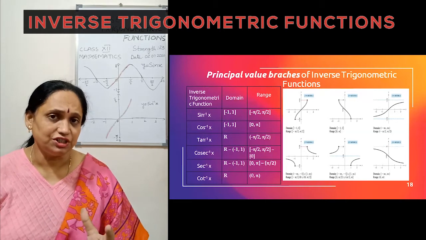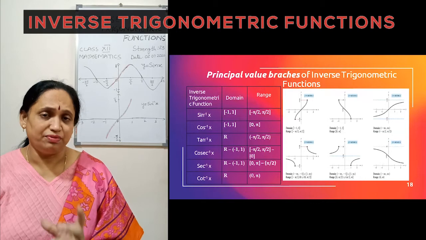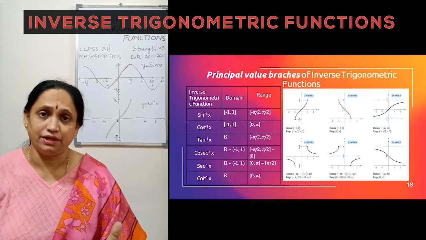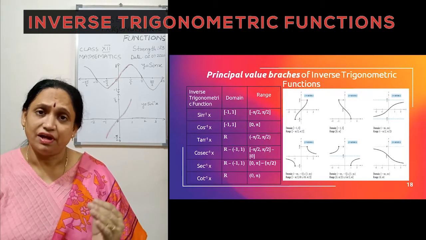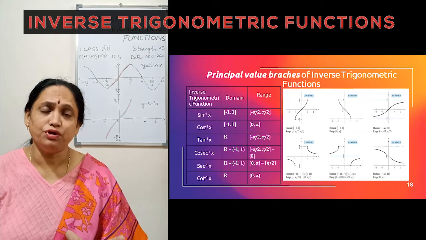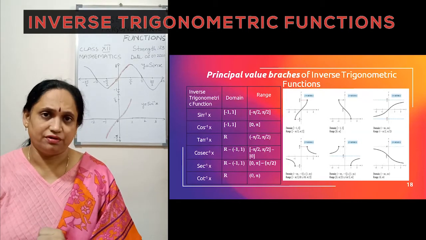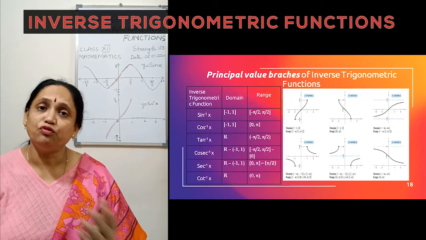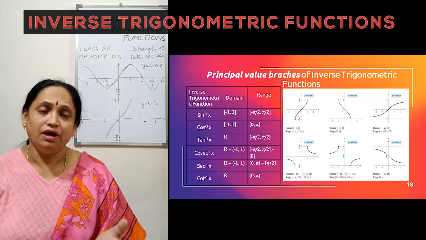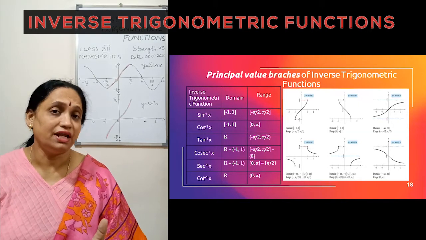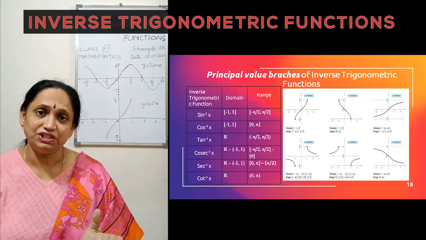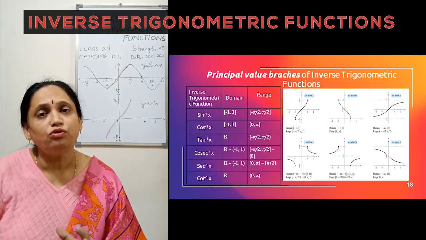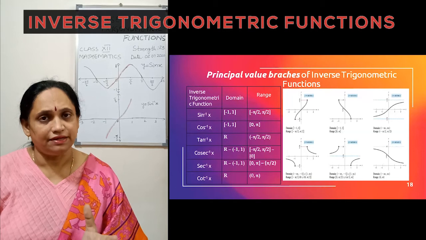Similarly, for the cos inverse function, the range is 0 to pi. The principal value branch is 0 to pi. That is, we are covering quadrants 1 and 2. So if cos inverse of a positive number is found, the angle would be from the first quadrant. And if the cos inverse of a negative number is to be calculated, then the angle would be in the second quadrant. Remember, the angle in the second quadrant would be an obtuse angle, an angle which is less than 180 but greater than 90. So this trick will help you to remember how to find the values easily.